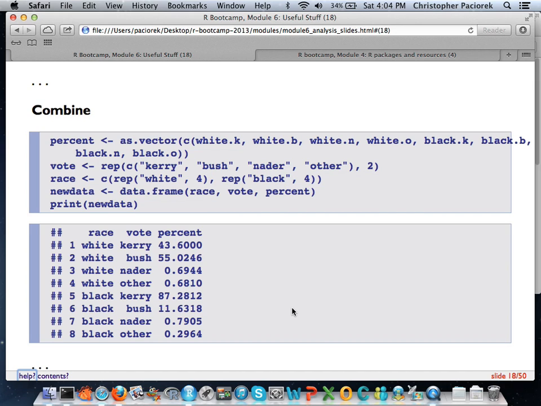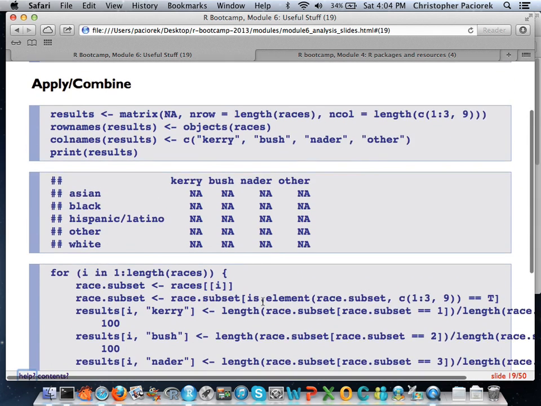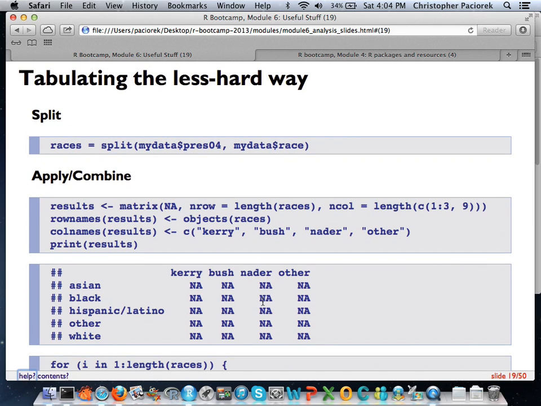So that was actually a very long and a very painful way to do it. It was extremely painful to write. It pained me to actually do it. So you're never going to have to do this again. But before I get to the real good way, I'm going to show you one more way that you could do it, which is a little bit more sophisticated. It's another split, apply, combine strategy that people use pretty frequently. Again, here what we do when we split the data, we can use the split function, which Chris talked about earlier this morning. We're splitting this particular vector right here, and we're going to split it on the basis of race. And that's going to give us a list of different little data frames that are uniform on race for each element of the list.